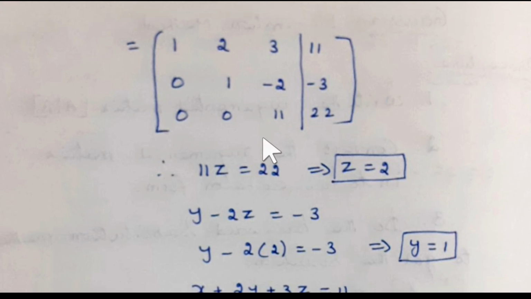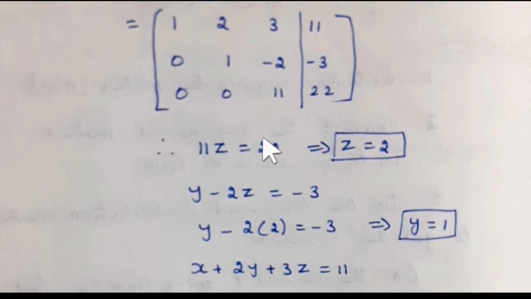What is the third step? Backward substitution, isn't it? Starting from the last row, give back substitution to get the solution. That is the third step. Now start from the last row. Here x coefficient 0 and y coefficient also 0 and the z coefficient is 11. So 11z is equal to 22. That is our constant term. This is our B matrix in the starting. Okay, so this represents the constant. So 11z is equal to 22. That implies z is equal to 2.